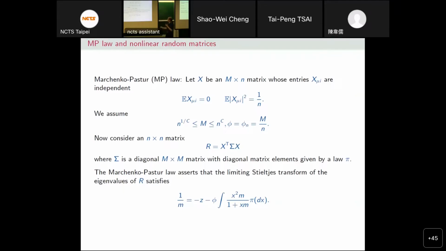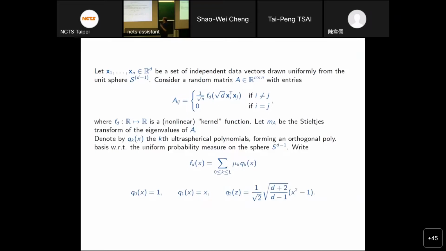And then for the sigma, the probability law is given by pi. If you look at the Stieltjes transform of the eigenvalue distribution of R, it satisfies this equation. This equation is called the Marchenko-Pastur equation. This is the sample covariance case. So why am I talking about this? Because we also do the nonlinear case, because so far all the matrices